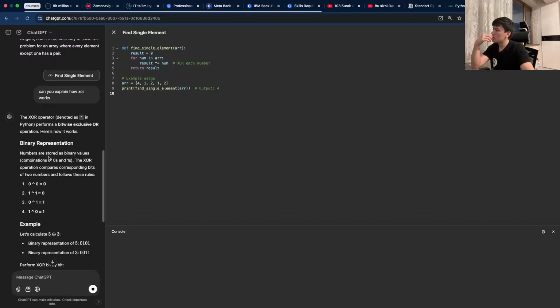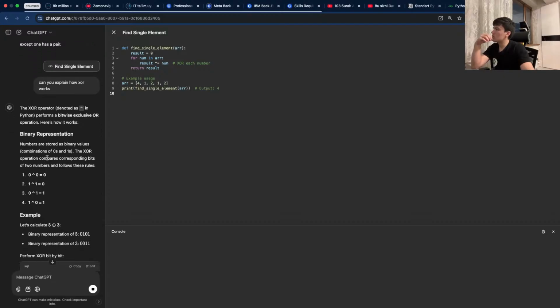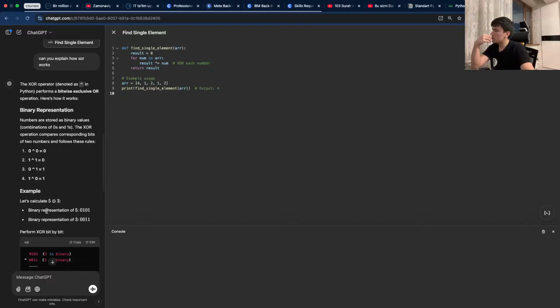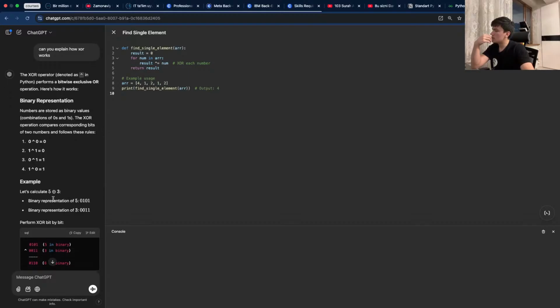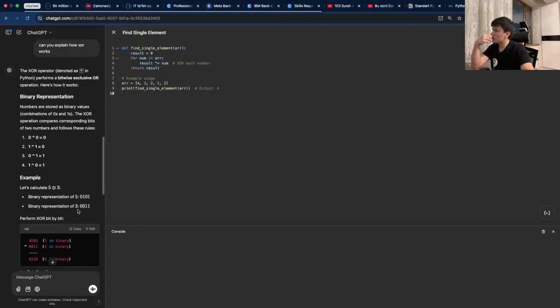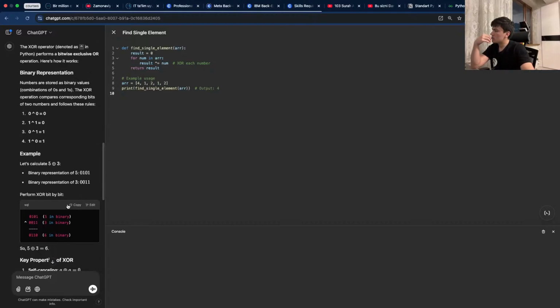Here is how it works. Binary representation: numbers are stored as binary values, combinations of 0s and 1s. The XOR operation compares corresponding bits of two numbers and follows these rules: 0 XOR 0 is 0, 0 XOR 1 is 1, 1 XOR 0 is 1, 1 XOR 1 is 0. Example: let's calculate 5 XOR 3. Binary representation of 5, binary representation of 3, perform XOR bit by bit.